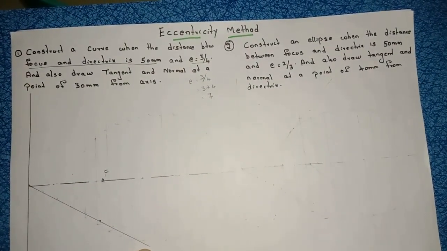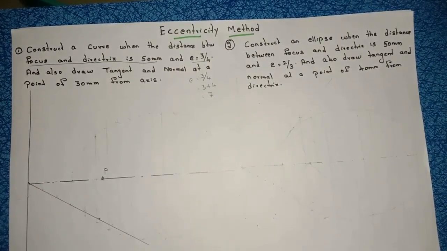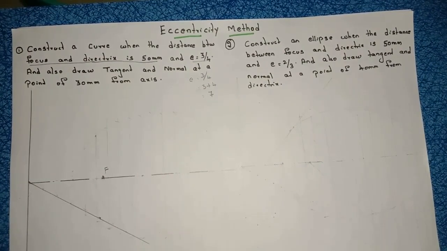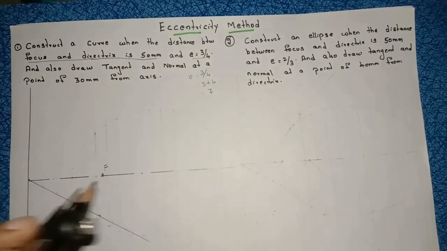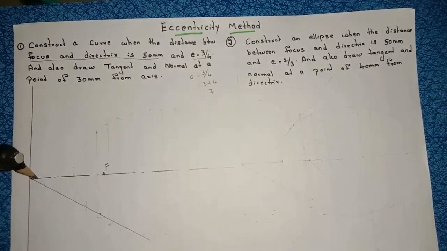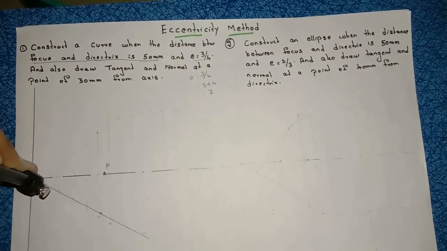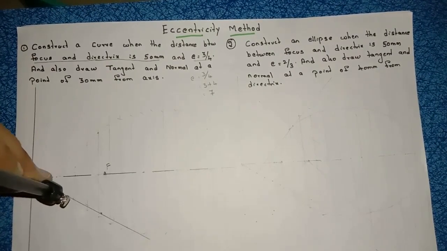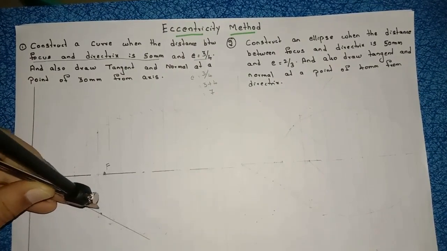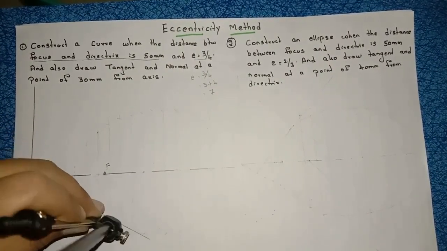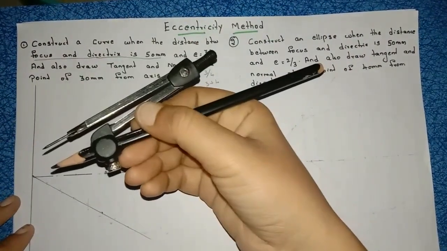Now in geometrical constructions we have already learned how to divide a line into a number of equal parts. How? With the help of a compass, take any radius, right? But the condition is, don't change the length of your compass. 1, 2, 3, 4, 5, 6 and 7, right? You know this.